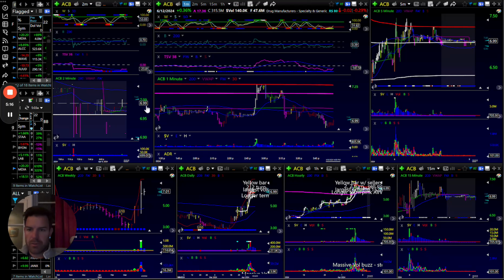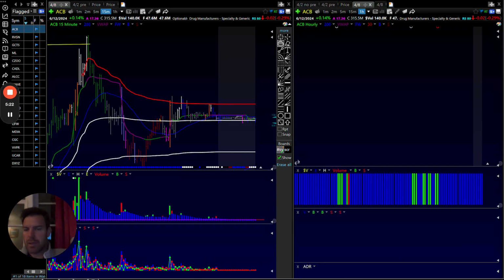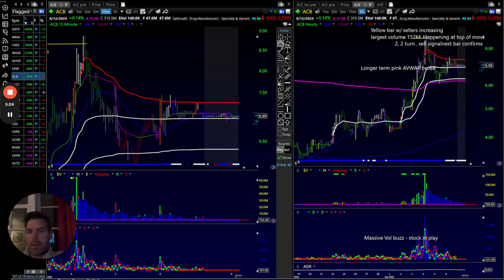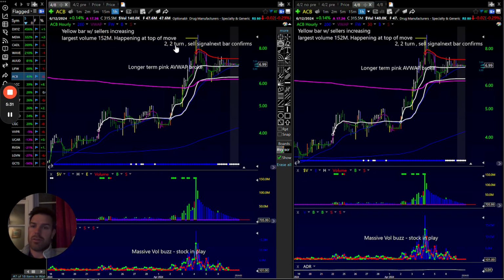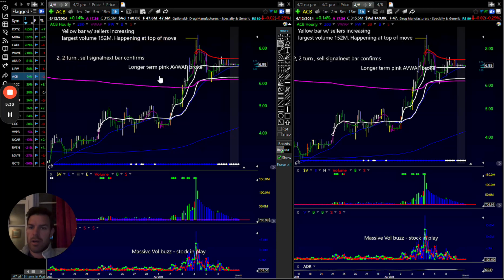It's harder to see. I'm on a smaller screen right now, but I'm able to see all these different time frames. And that's just telling me, is everything in alignment? Because if I'm just focusing on a 1 or 2 minute chart, it's easy to get lost in the weeds. But when you come up to the hourly, this is where